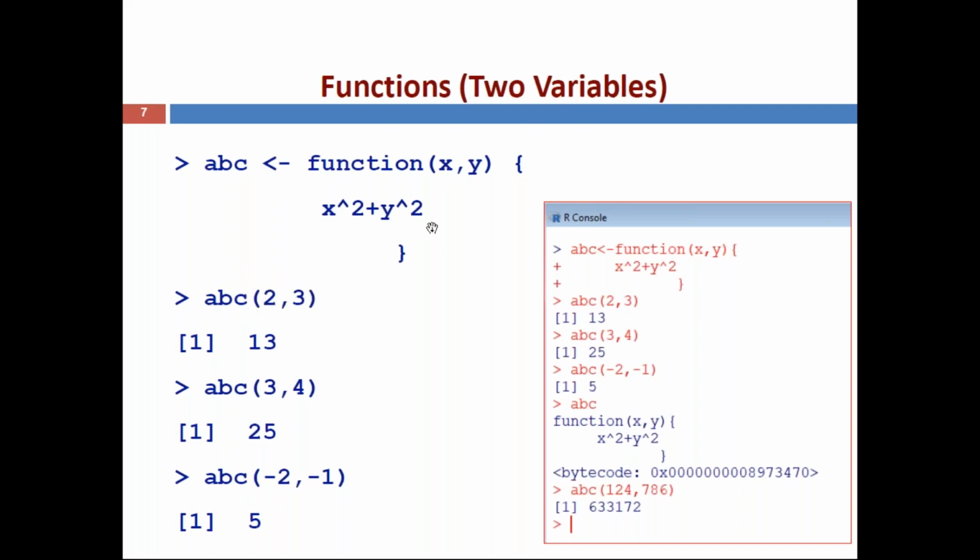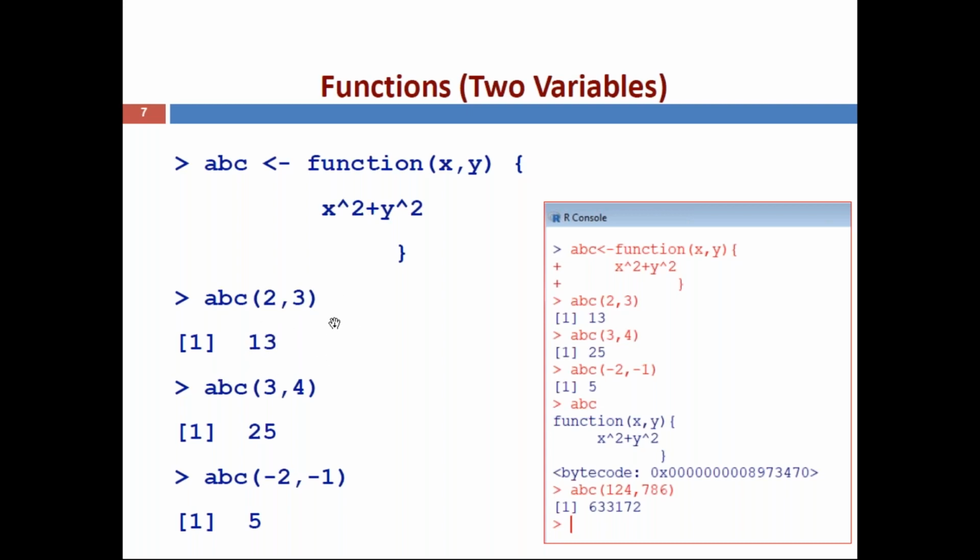Then it calls the function f of x comma y. Inside the function, the command is executed with the values of 2 and 3. Now the x value you substitute as 2, then the y value you substitute as 3. Then simplify the command, 2 power 2 plus 3 power 2, 4 plus 9, so total 13.